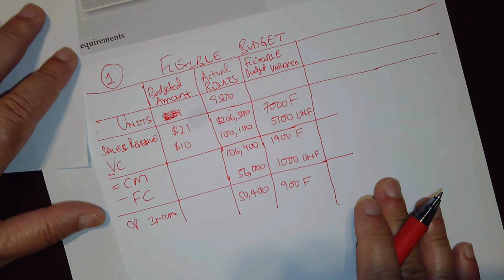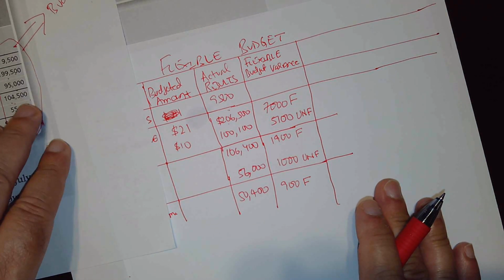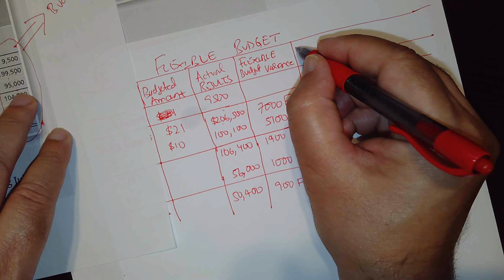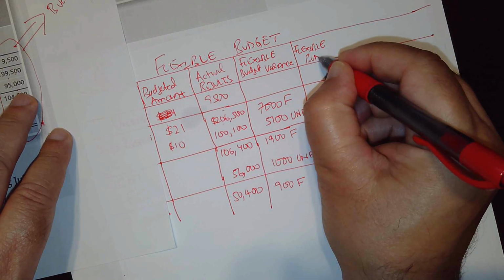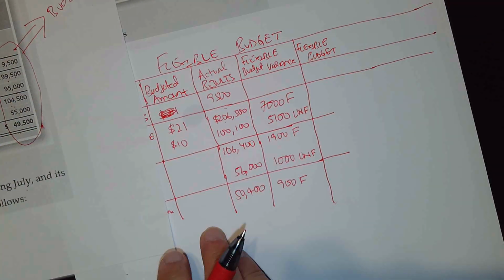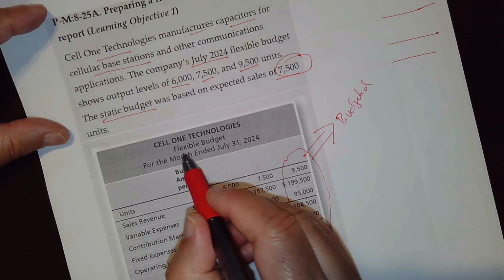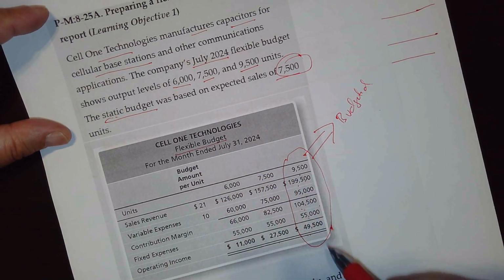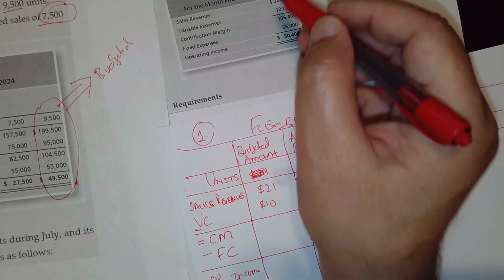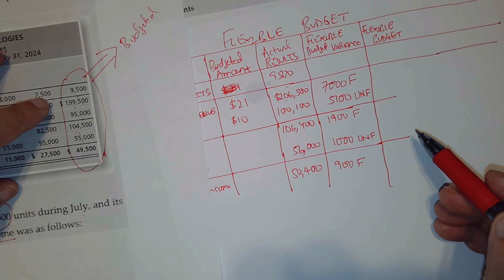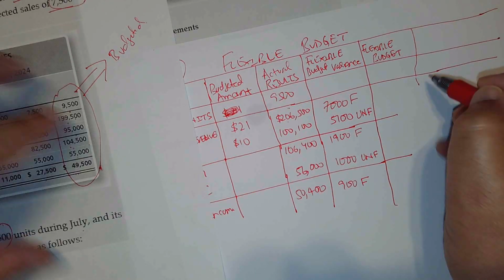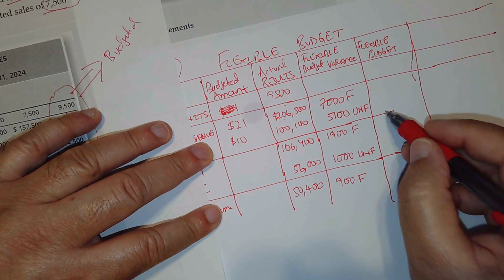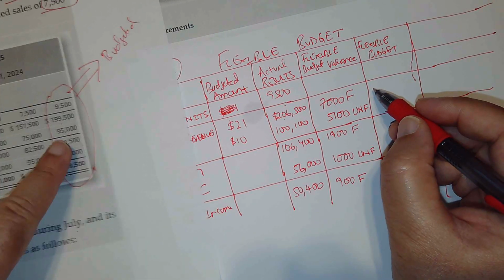that we have created, it's right over here, because this is the flexible budget given for 9,500. In actuality, we sold 9,500 units. So therefore, we don't have to make any changes, and we're going to write down the whole thing as is without making any changes. So the revenue was